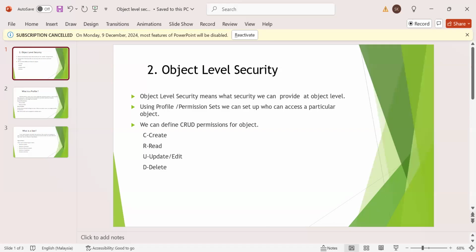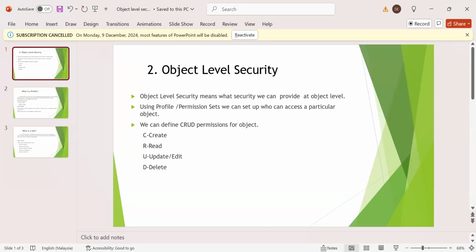At the object level, we can define the CRUD permissions for an object. What are the CRUD permissions? C stands for create, R for read, U for update and D for delete. Create means the user can create a new record. Read means the user can read the record but cannot create a new record.